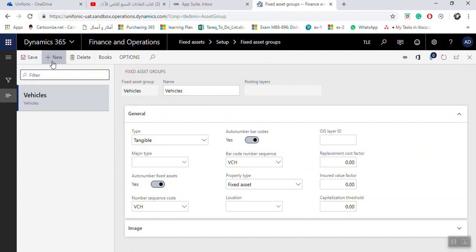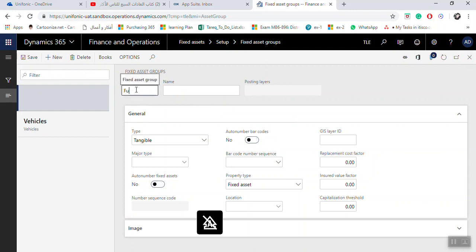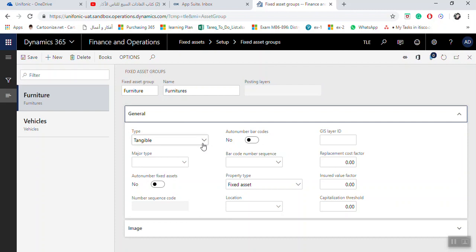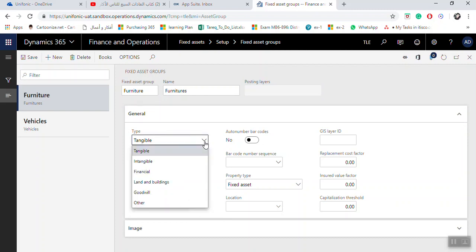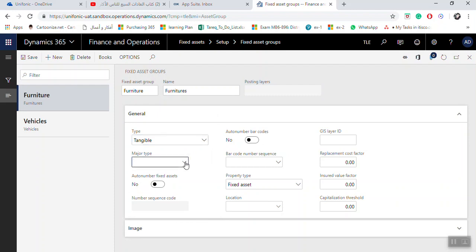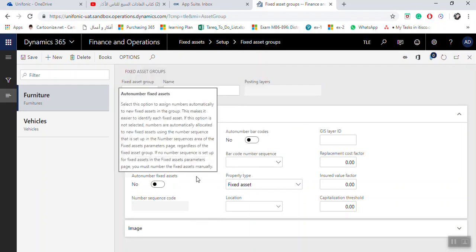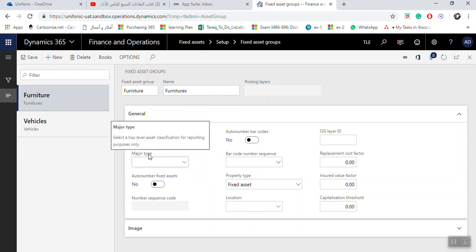If you need to create a new fixed asset group, click New here. For example, you need to create a group for furniture. Enter the name, which will be furniture. The type here: is it tangible, intangible, financial, land and building, goodwill or others? Furniture is tangible. The major types, if you want more specifications, you can select here,